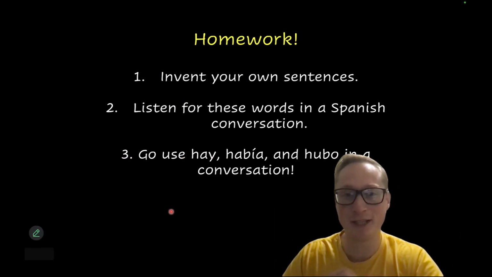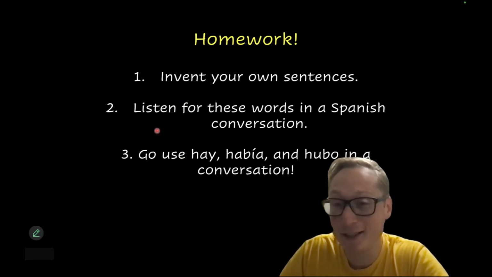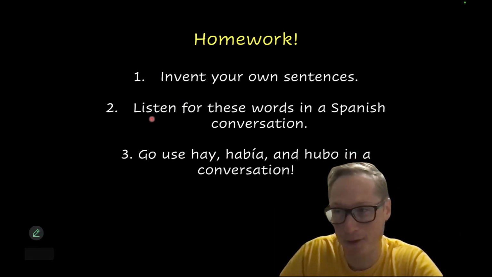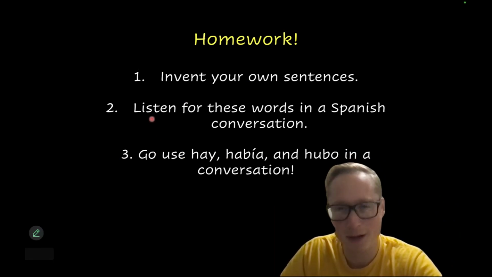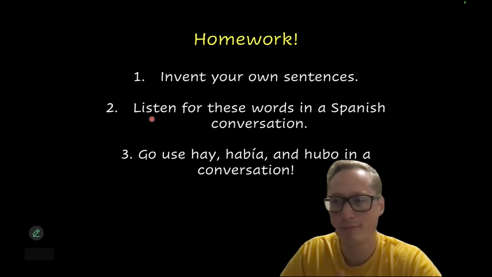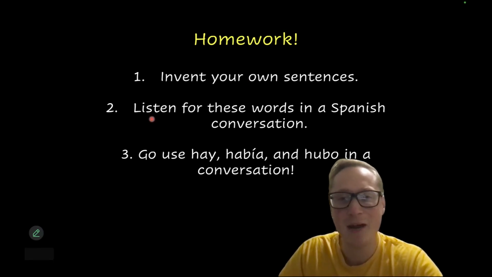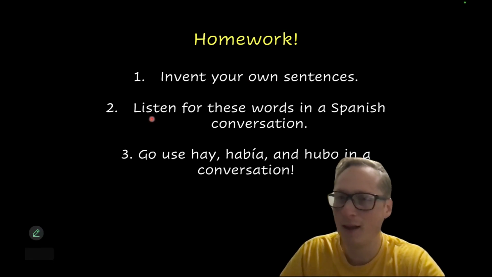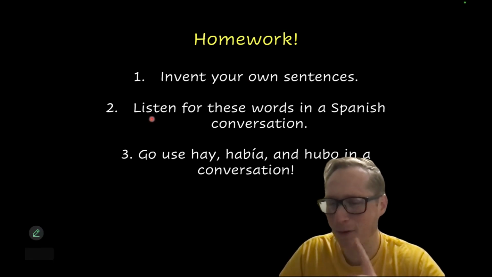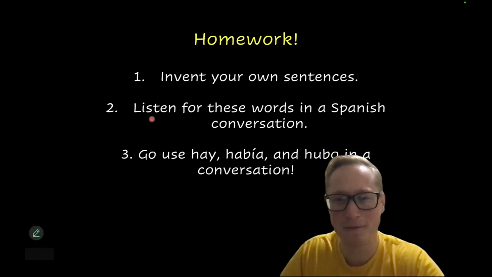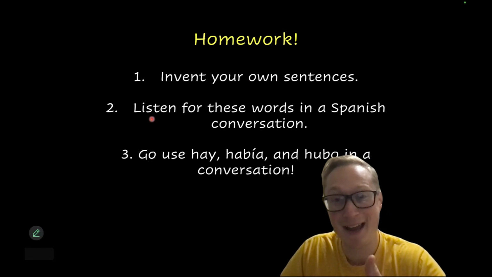Next, in a Spanish conversation, listen for these words. Maybe you can pull up a podcast in Spanish or watch news in Spanish. And I want you to ignore everything, but decide I'm going to listen for them to say the word hubo, and then try to piece together, see if you can figure it out. But get used to hearing había and hubo in everyday Spanish conversation to help you pick up on the context there, because there's a lot packed into these words.